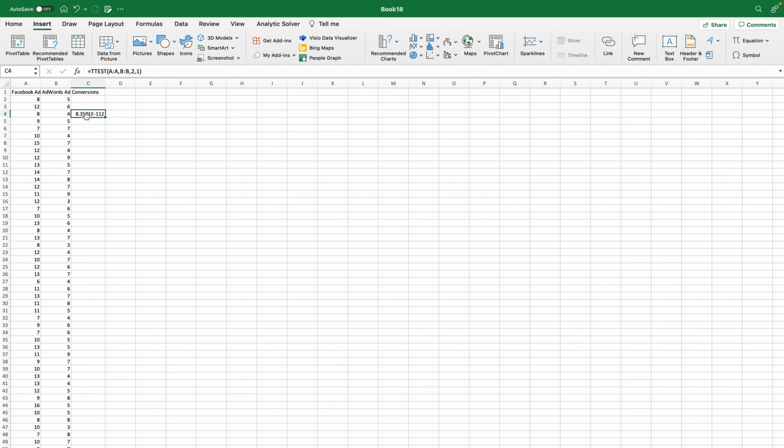So here we reject the null and accept the alternative hypothesis that says the two sample means are not the same. So the two samples are different. The Facebook ad conversions, on average, are different from the AdWords conversions. That's just the conclusion. Now, to go further, we can actually look at